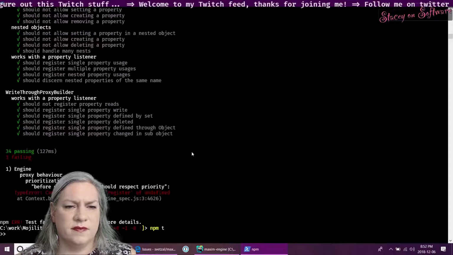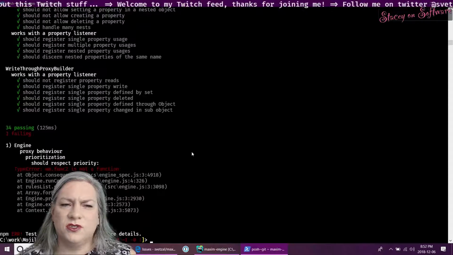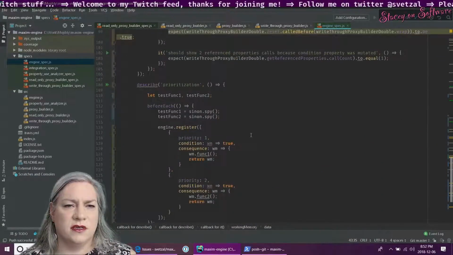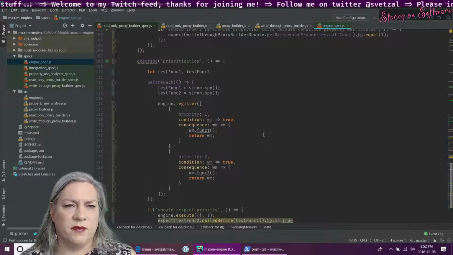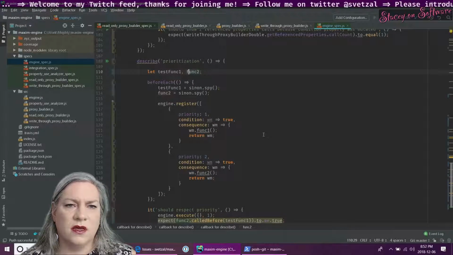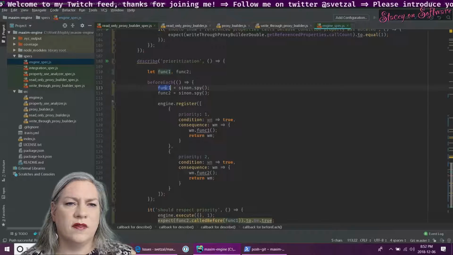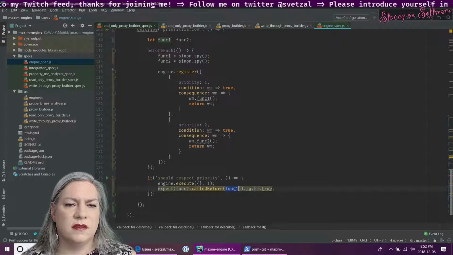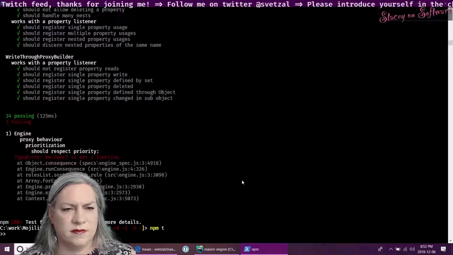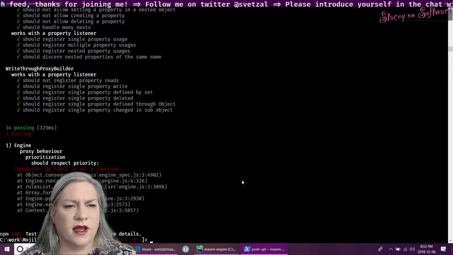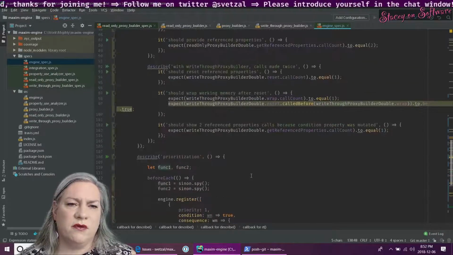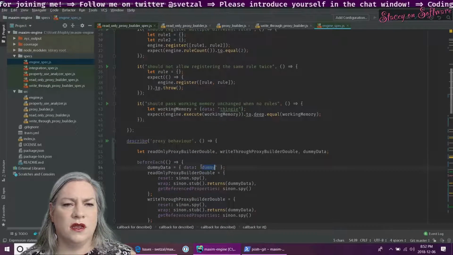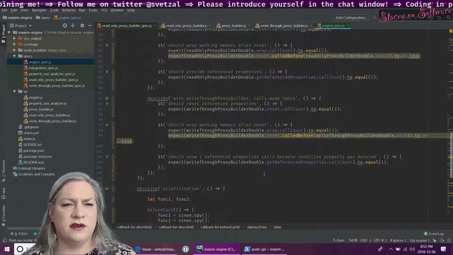Is that passing? I'm losing track of something in there. Yeah, see, func 2 is not a function. Yeah, I shouldn't have renamed those. Let's trace that through a little bit more carefully. Might have been failing before I got to it. Yeah, it is. So w1 func 2 is not a function. I think I might have missed something in here. Yeah, didn't I have a different dummy data definition?